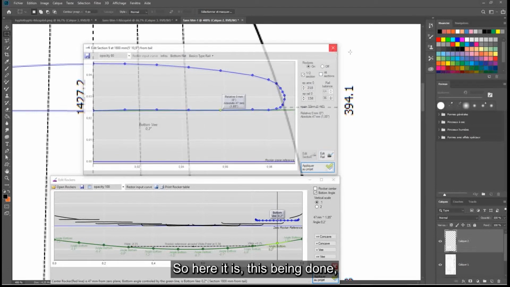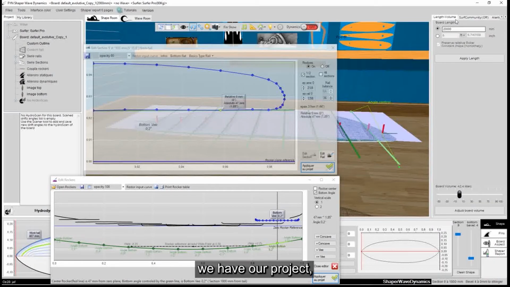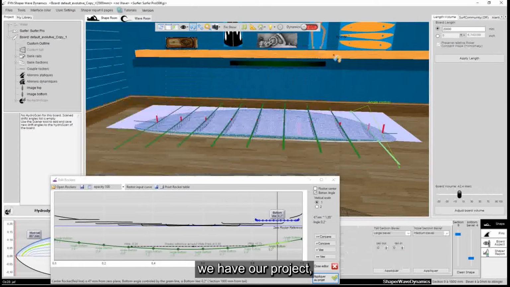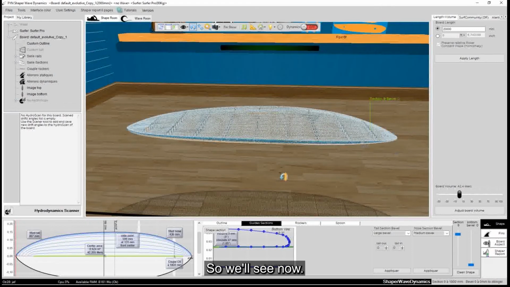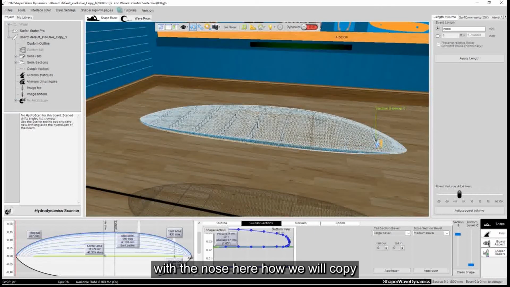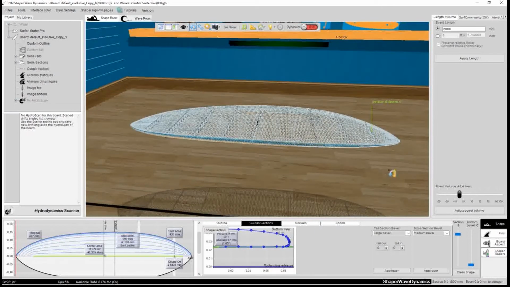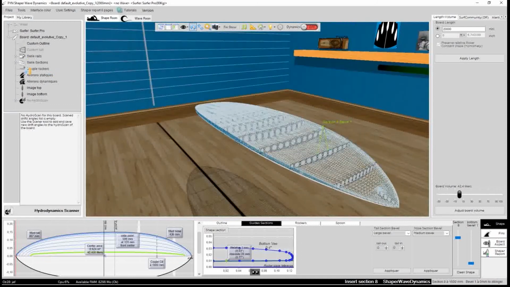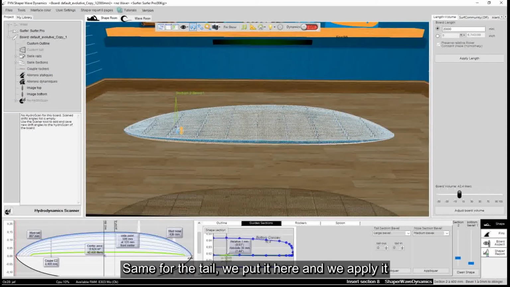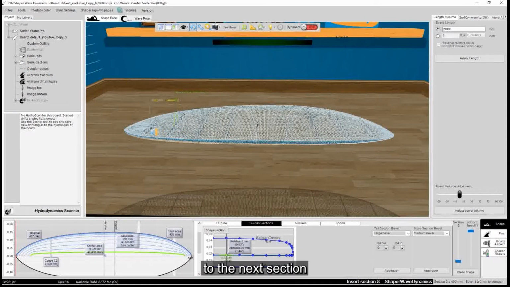So here it is, this being done, we have our project. We'll see now with the nose how we will copy and apply to the previous section. Same for the tail, we put it here and apply it to the next section.